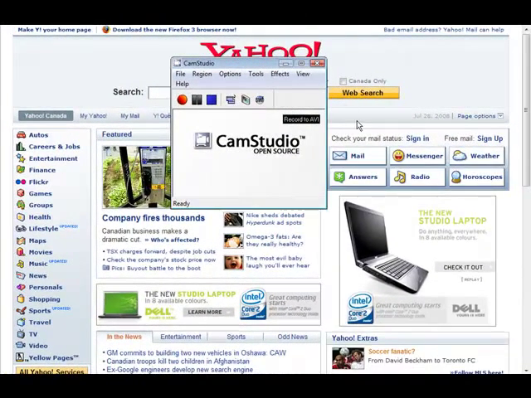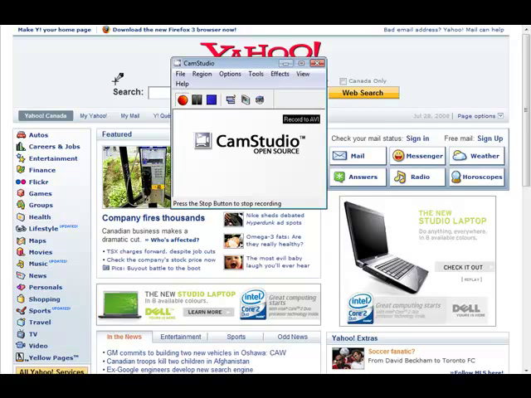Now that we're all set up, it's time to record our screen. If we set up our shortcut keys, we don't have to use any of these here. We can use what we set up in our shortcuts. Now remember our region, I said we would use a region, which is a region we can pick of any shape on the screen. So when I hit the record key, and I'll use this one rather than the shortcut